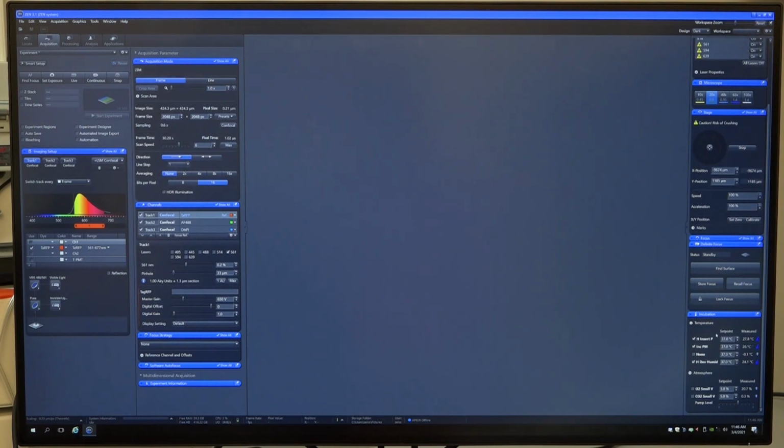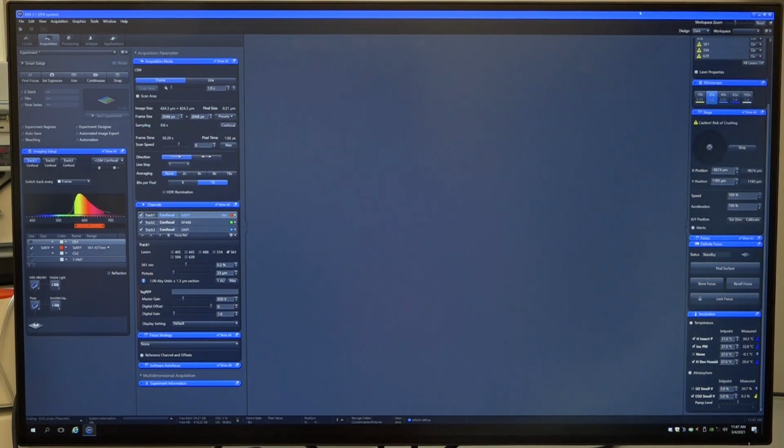So humidity, the temperature of the insert, the plate on which the sample is being loaded, and then the CO2. If CO2 should be at 5%, you can see right now it is at 0.3%. From the cylinder it has to be opened, and here you have to monitor it. Once this is open, you can see the changes here. It is trying to set according to the changes, and it will optimize based on the set parameters. So after half an hour, when everything is ready, we will take the sample for imaging purposes.